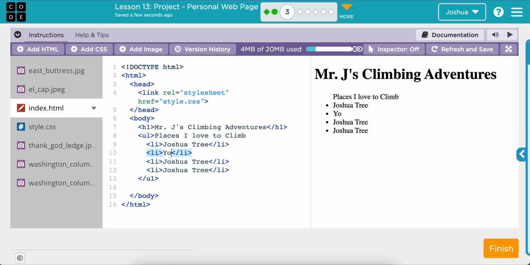So the next one would be Yosemite, and then Tahquitz, that's right. Joshua Tree, Yosemite, Tahquitz. And then there's another place called Suicide Rock. It's up in the same area as Tahquitz, but it is a different rock. So